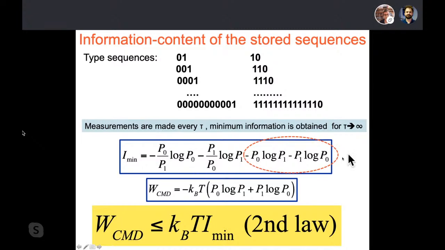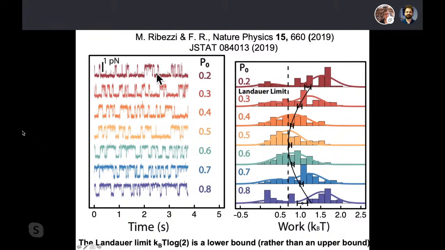So it adds up to this term, and it tells you that you satisfy the second law. Now, we experimentally did experiments with this protocol of continuous Maxwell Demon for different P0 values, and this here is the probability distributions of the work that you can extract. We take positive values for the work that can be extracted. So on average, the work that you can extract is positive.